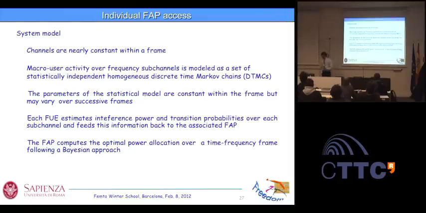Okay, we will also consider two classes of problems. One where we maximize the rate under a power constraint, and the other where we impose a rate constraint and we want to minimize the power. The difference with respect to what is known in the literature is that now we don't know the interference power, and we model this power as a set of Markov chains. So our power allocation will depend on the transition probabilities that we estimate through time. Okay.